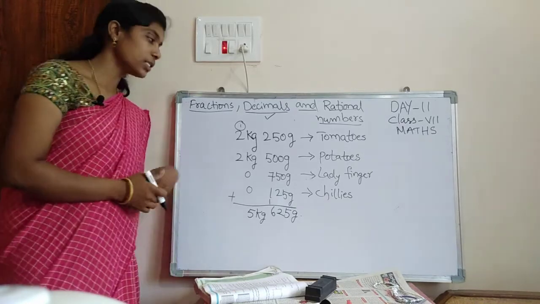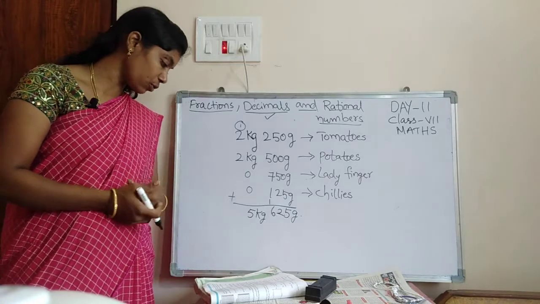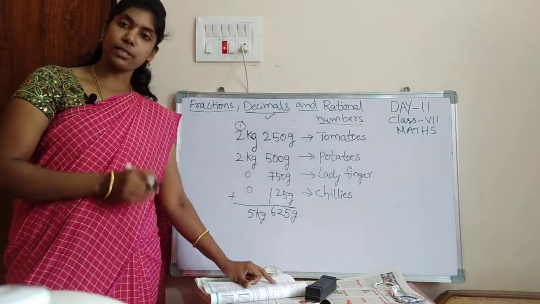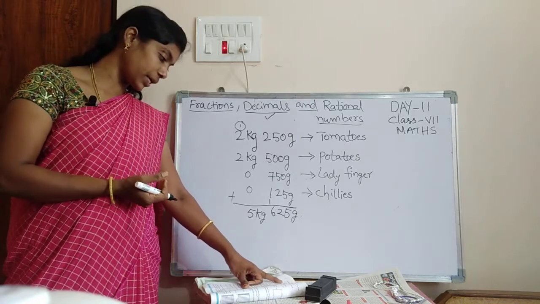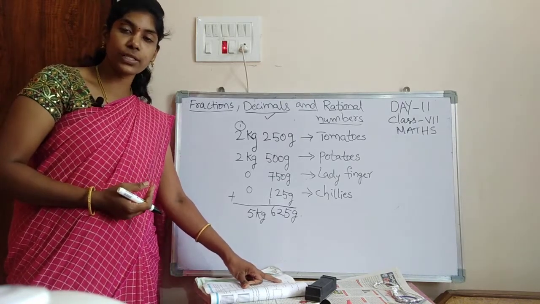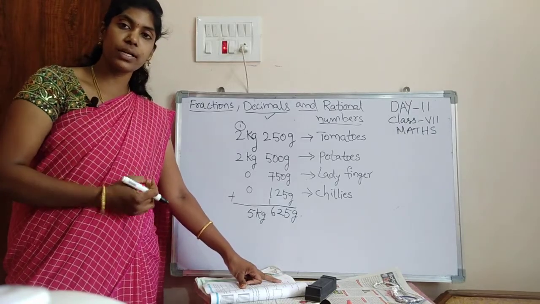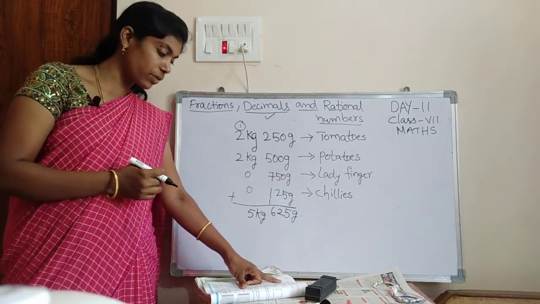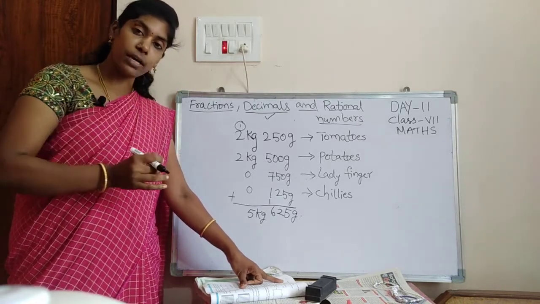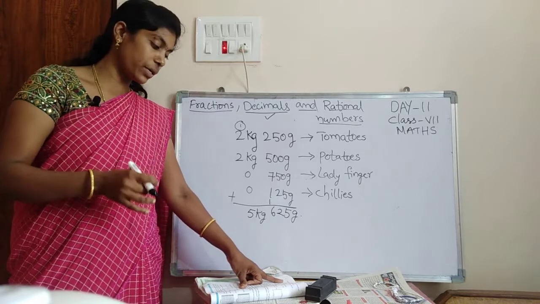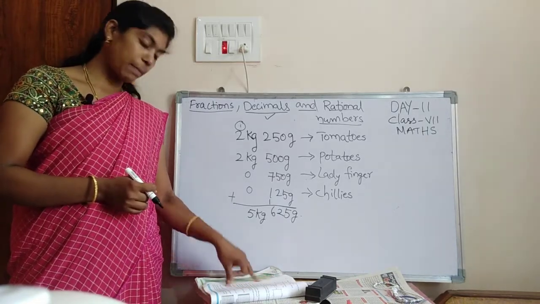So this is the way we have started the introduction of decimals, and we came to know in detail how to write the expanded form of a decimal, how to find the place value when it is given separately, and how to convert pies to rupees or whatever units are given. Decimals come when we convert smaller units to bigger units. Whenever we convert, you will get the answer in the form of decimals. In this way we have completed some part of decimals.